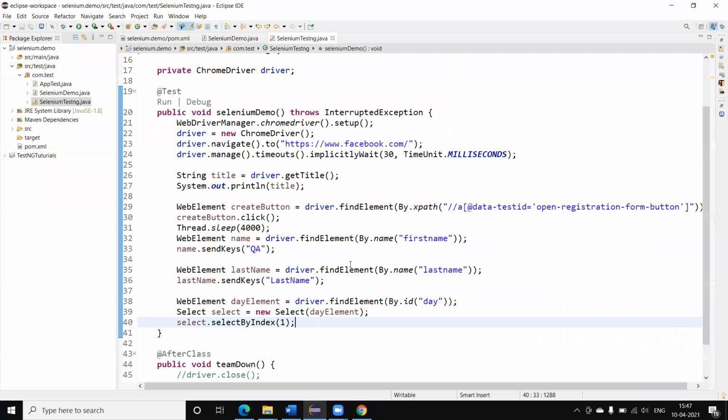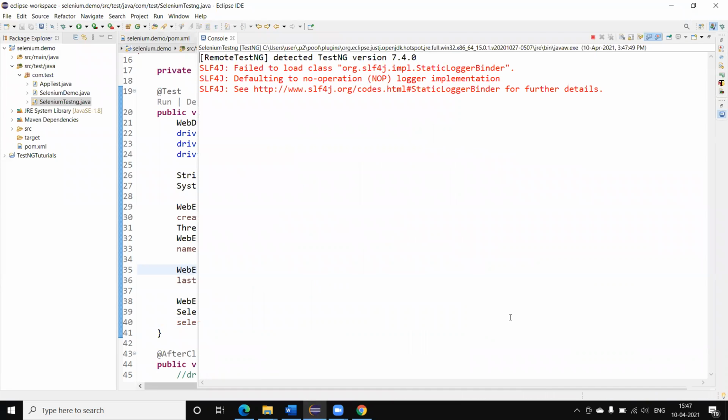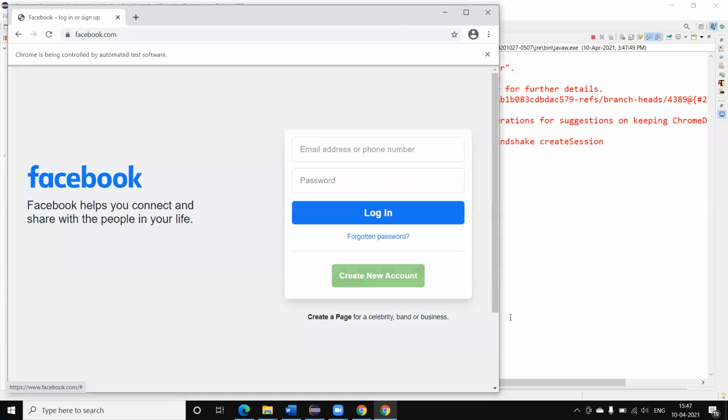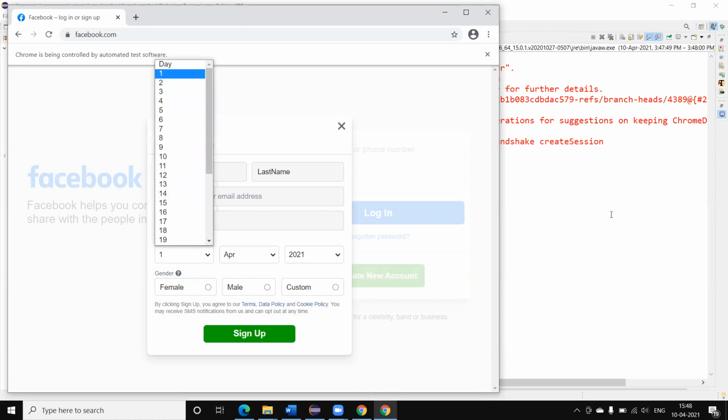Let me now run and show you the code. You can see one is selected. One is the first element.